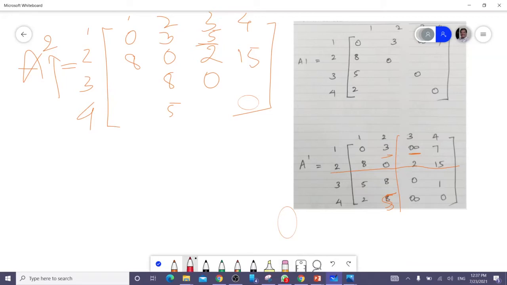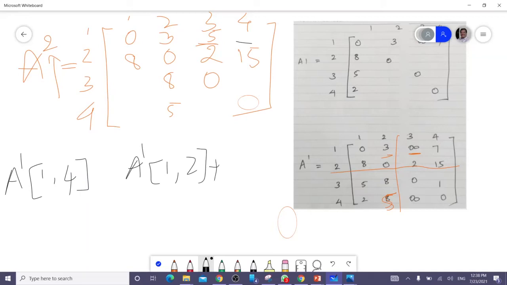For this, I have to find from the previous matrix: A1 of 1, 2 plus A1 of 2, 4, via node 2.